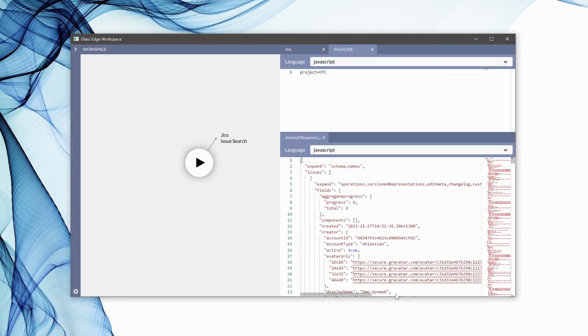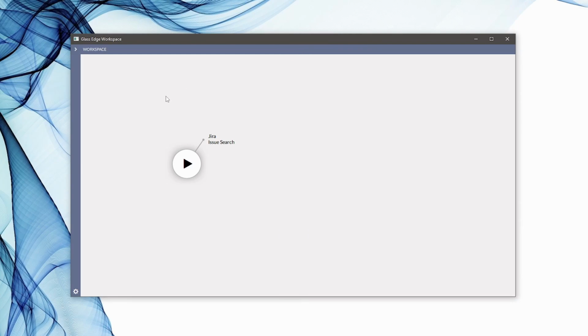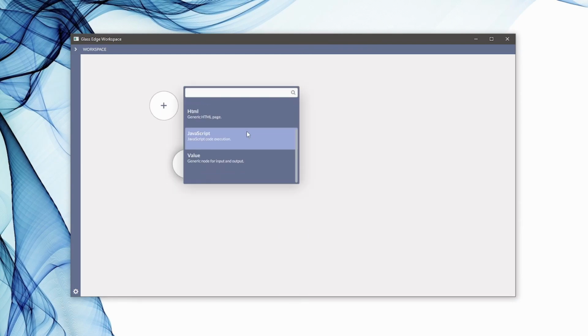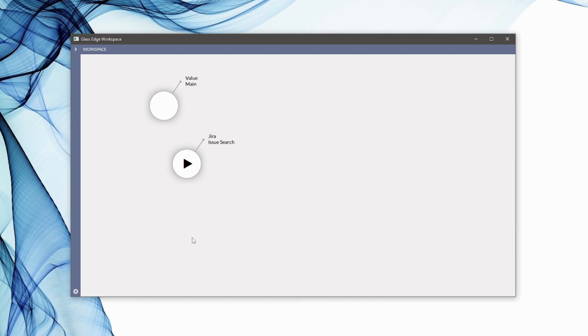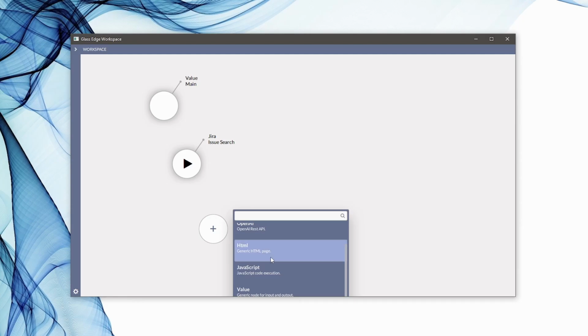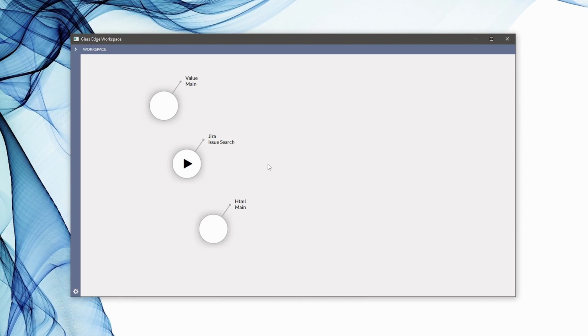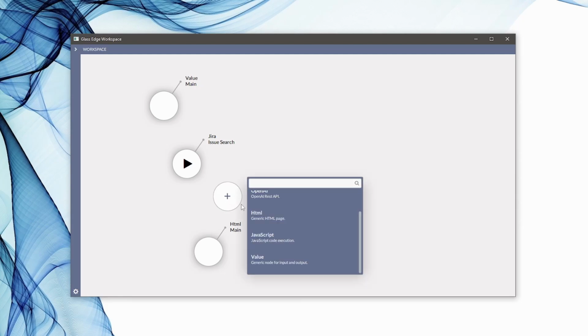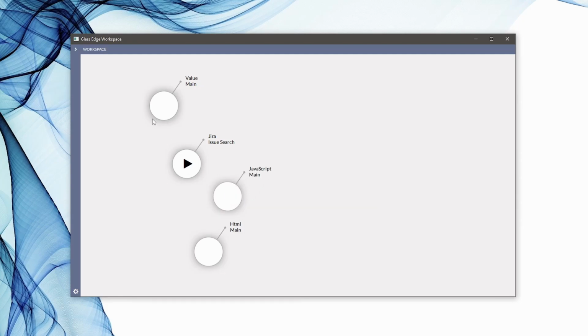Currently, as you can see, it is raw JSON data, so we want to display it in a bit more convenient format. So let's add another node for input, and we will have a node to display our data as an HTML page. To convert the JSON into HTML, we need to do some processing. So for that, we also need a script node. Now we can just connect all four of them,